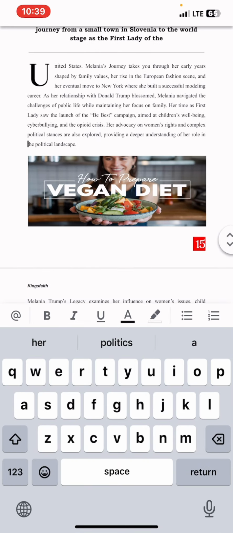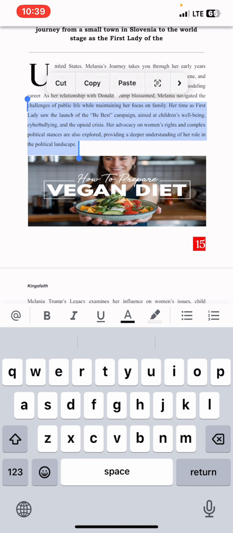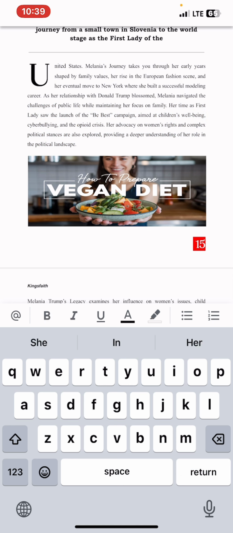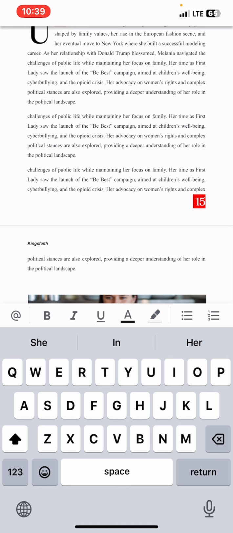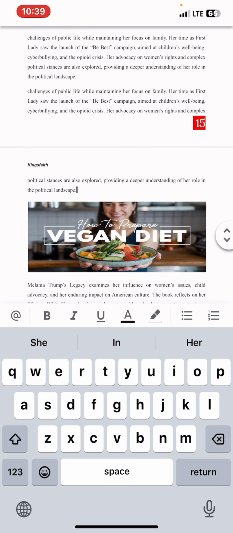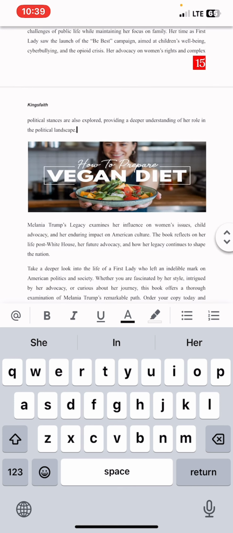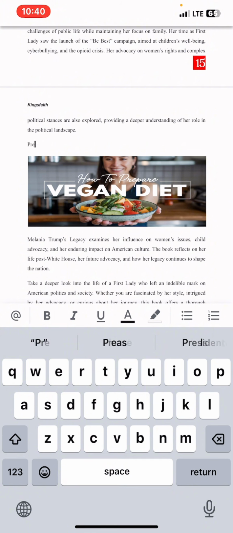At the same time, you can say, okay, I don't want it to be at the ending of my chapter. So what you just need to do, make sure that you don't put it in your first page. Do you understand? You can put it in your second page. When you need to input this picture, remember, how to prepare vegan diet should reflect in your table of content. Do you understand? So what you should name this particular title will now be preparation